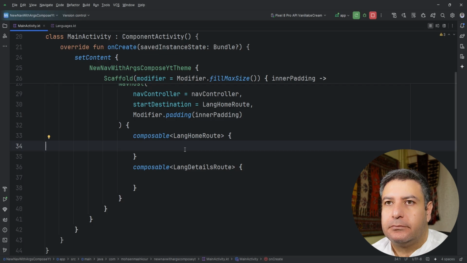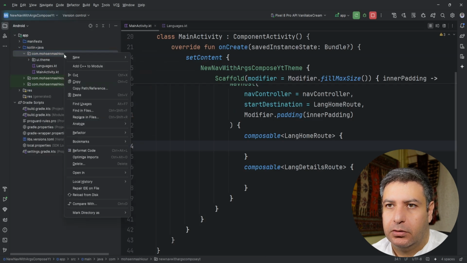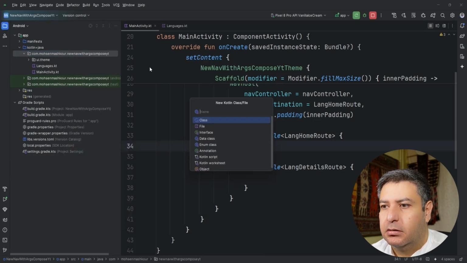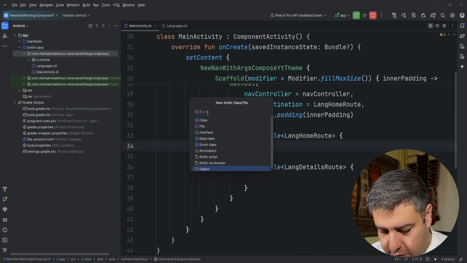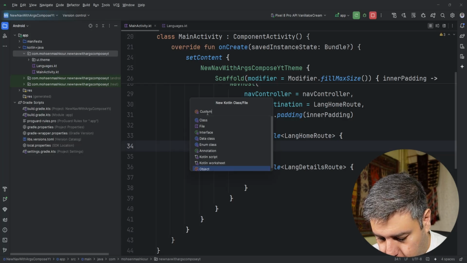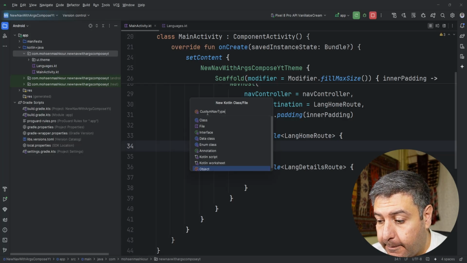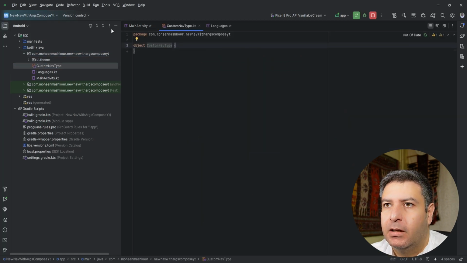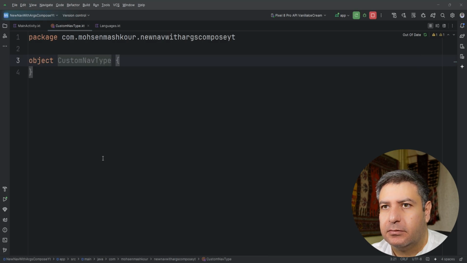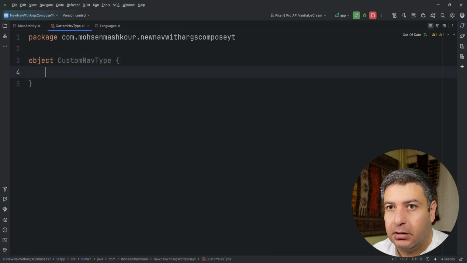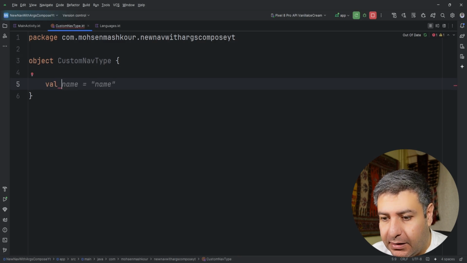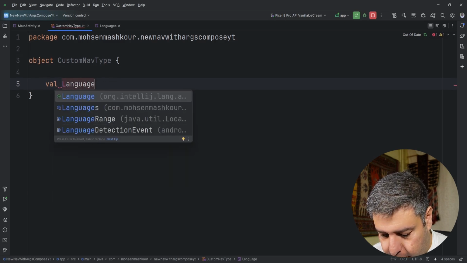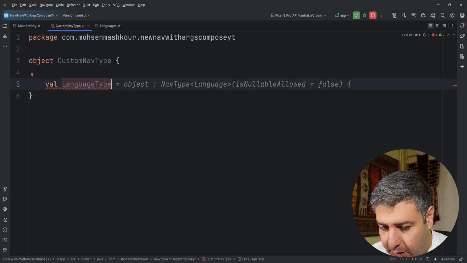And to do this, we are going to create an object. Let's create it, and step by step I'm going to explain. Here, an object, and let's call it custom NavType. Here I have it. Inside of this custom nav type, we need to create an object. So a val calling it language type, and nav type